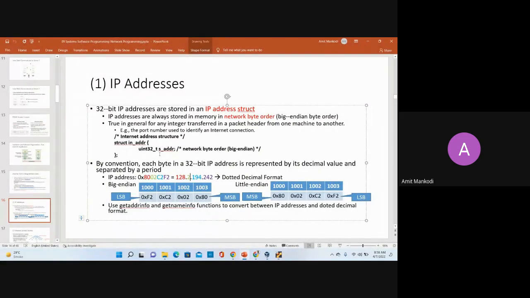Okay, so again, one of the jobs of the transport layer, or IP layer, is also to identify which endian the operating system is using, big or little, and then convert the IP address accordingly. So that's another job of the